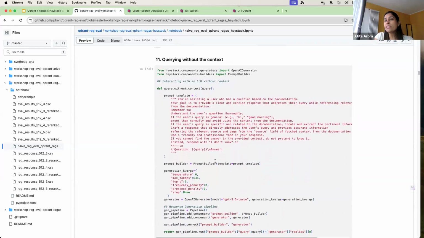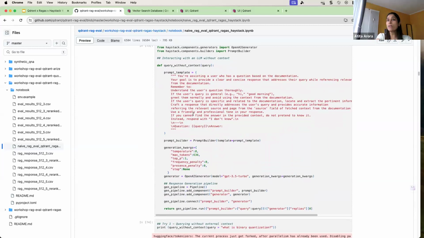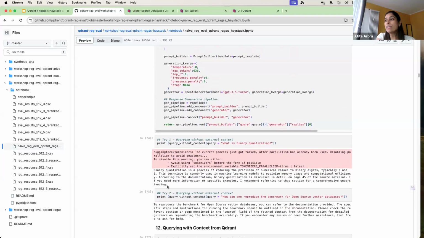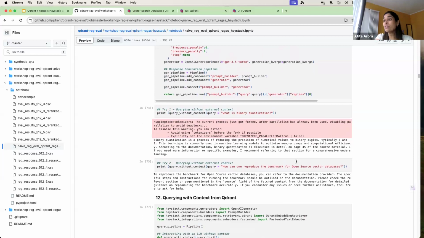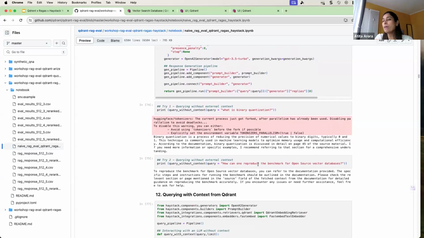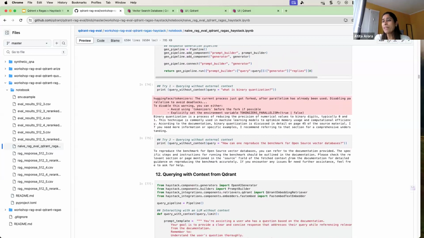So this is where I'm building my RAG pipeline without context. The reason why I included this in this notebook as well is that some people might just say that LLMs are smart now and they have been trained on all of this data. So no, it's not really the case. As you can see, the answer is pretty vague. When I looked for binary quantization and used it directly to query my LLM, it is apparently referring to something on page 45, which is nowhere to be found. Or when I was looking for reproducing the benchmarks for the open source vector databases, it also provided me something